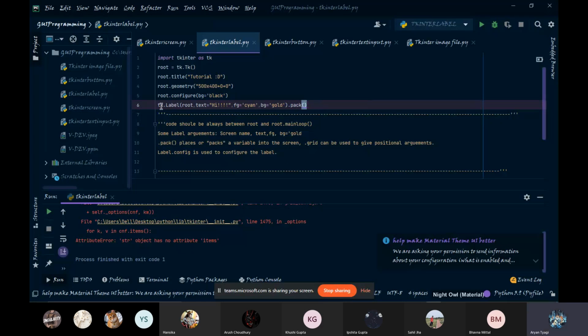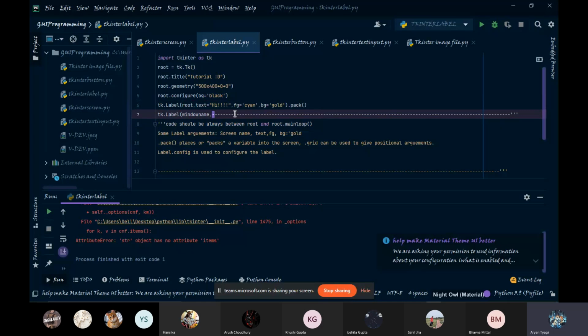So the syntax for a label would be tk.Label. Again, tk is the nickname of the library. Dot Label with a capital L identifies it as a label. Then we have the window name, which you have specified in the variable.